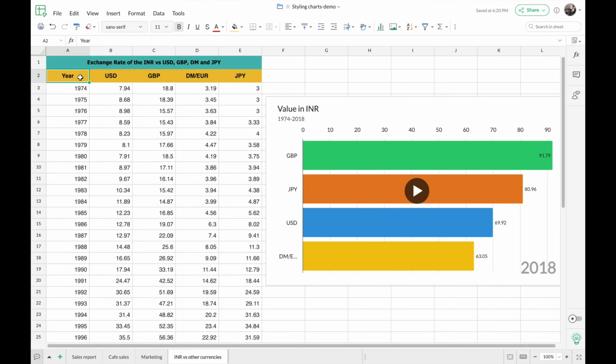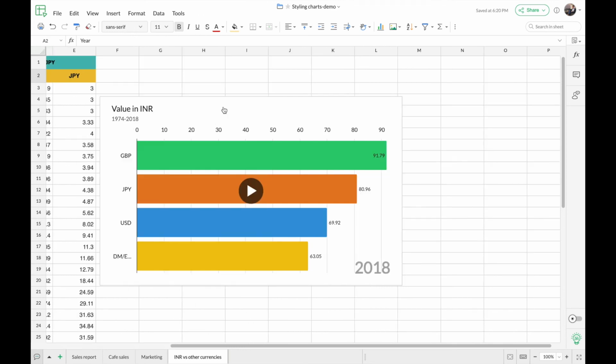So a race chart is nothing but an animated bar chart type that we have in Zoho Sheet. So using this race chart, you can actually represent the change in data over a period of time. So you can represent historic data or periodic data using these animated bars that race against each other based on the change in value. So now I'm just going to show you a few options to customize race charts in Zoho Sheet.